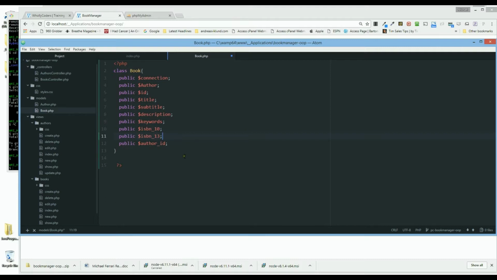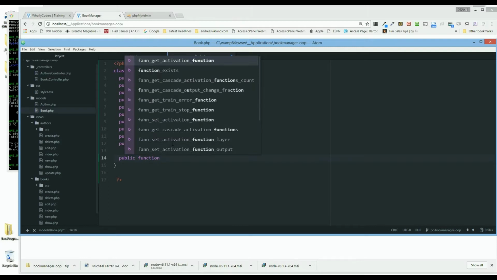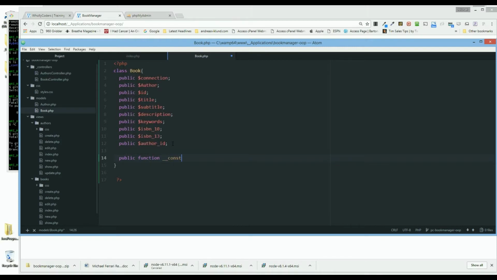So now we need to work on the constructor. The constructor is really a method. So, public function constructor, and the parameters that we're going to take in are the database, or database connection. And that's pretty much it, because I am going to load here